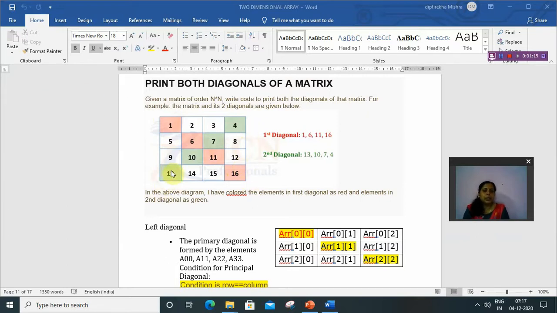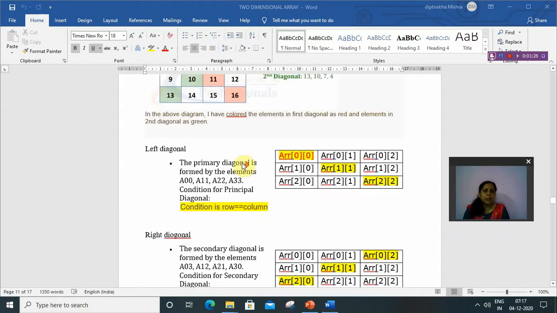Okay. So first of all, let us understand the logic behind it. To print the left diagonal, we have to print these pink elements. In a matrix, we can access an element through its index value. So let us discuss the relationship among these elements.